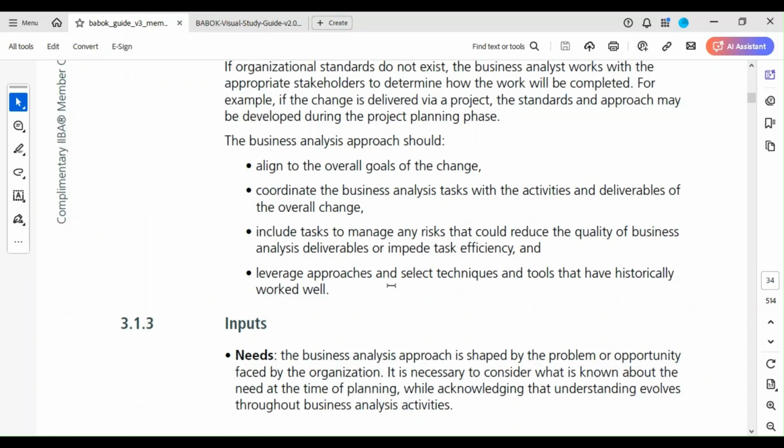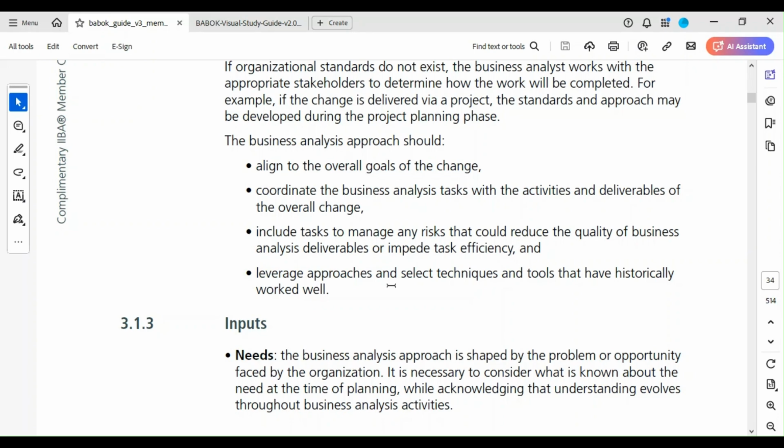That means you draft your own standard, your own method. For example, if the change is delivered via a project, the standard and approach may be developed during the project planning phase. So whatever is delivered via a project, maybe you have to decide on stuff during the planning